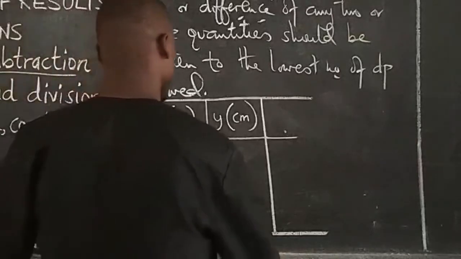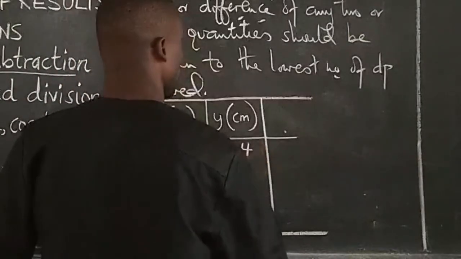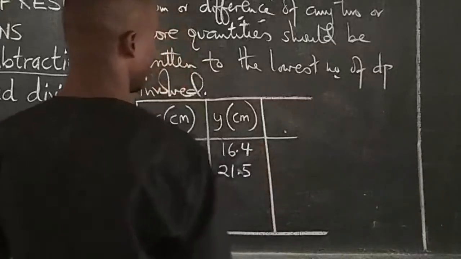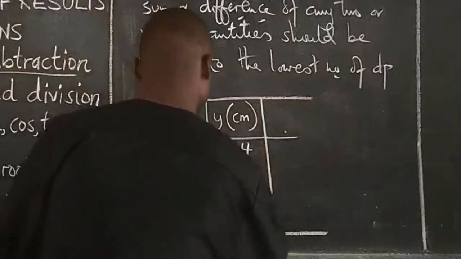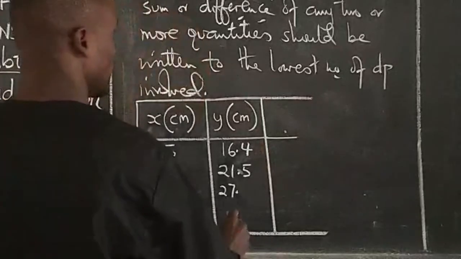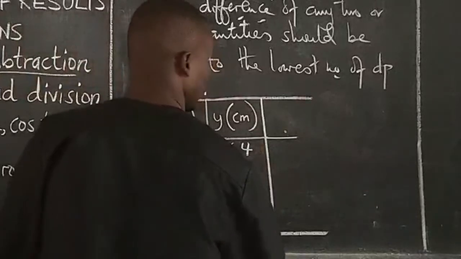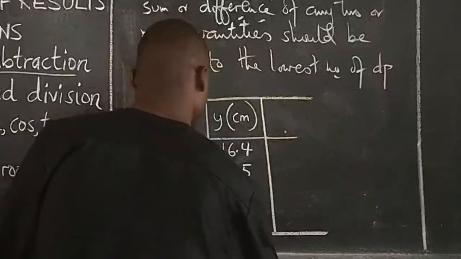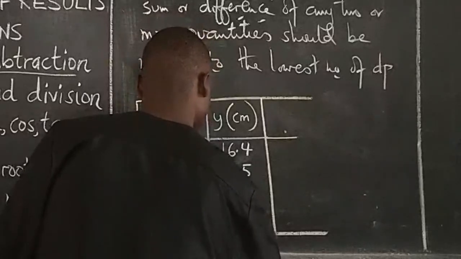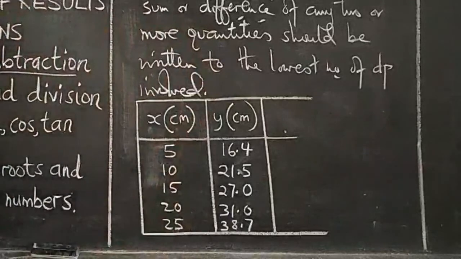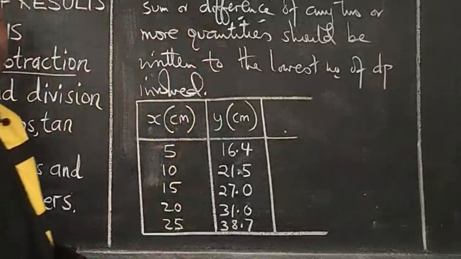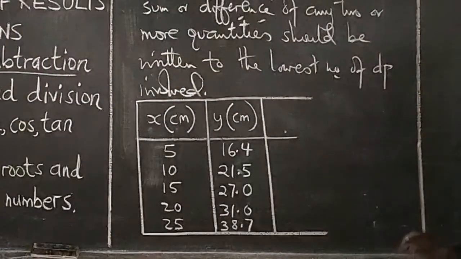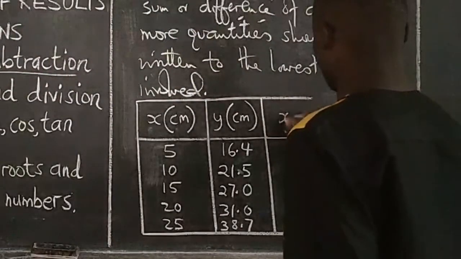Then here for y, I have 16.4, 21.5, 27.0, 31.0, sorry, and then I have 38.7. How did we get these results? Don't worry about that. I'm just giving you examples of results that were already obtained. Our challenge may be, can you get the values of x plus y